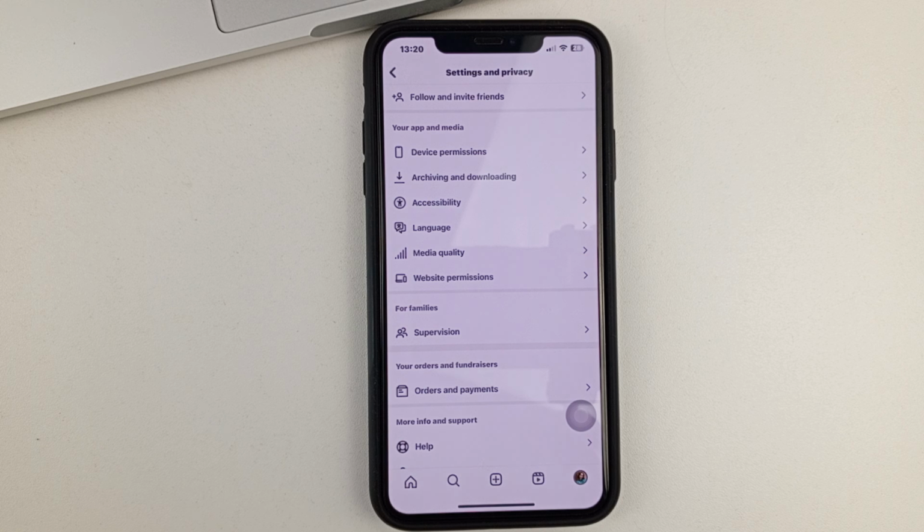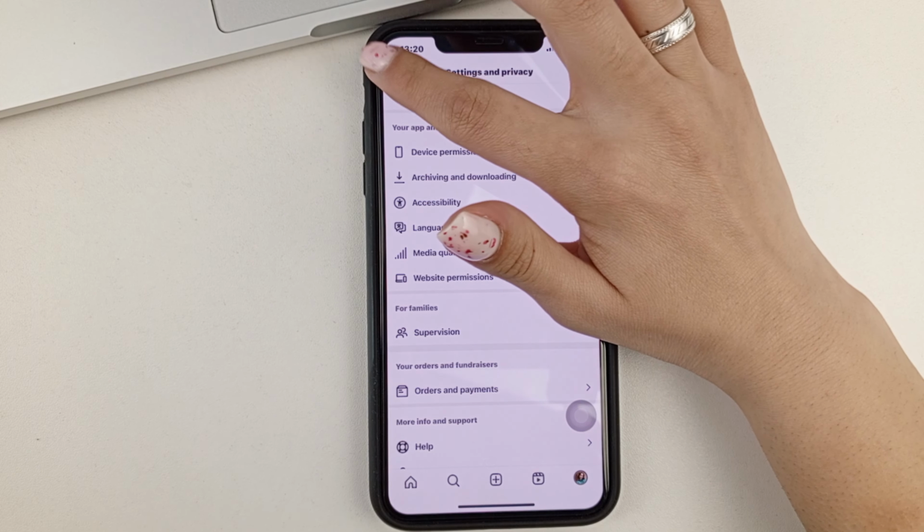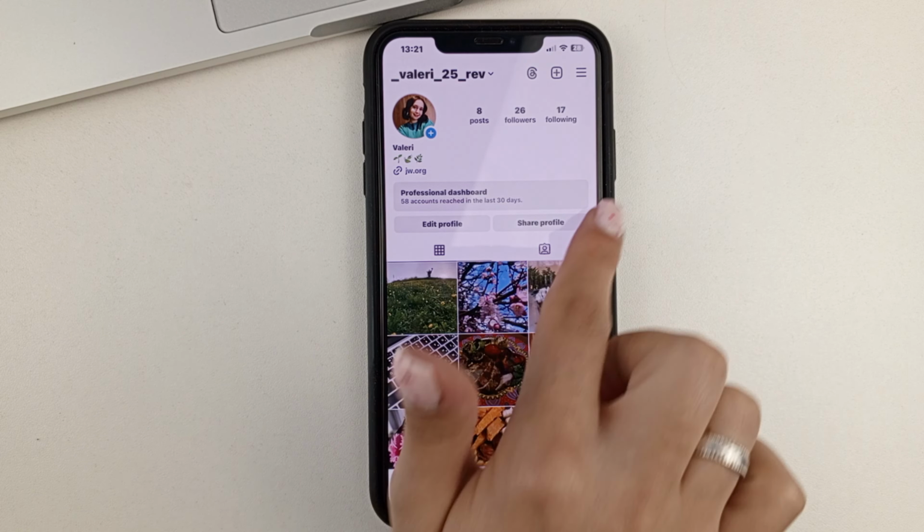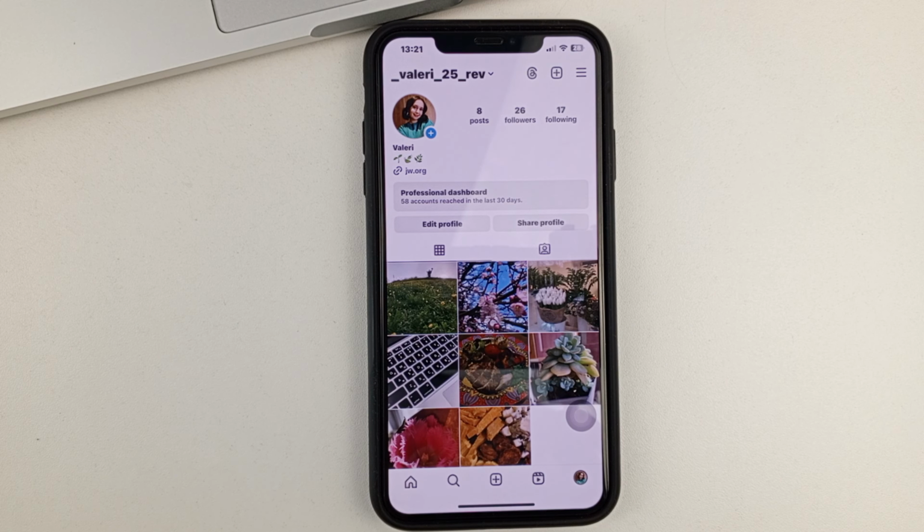You'll have to agree, then accept a couple more terms that Instagram will offer you, and Instagram will also explain to you what the professional account gives you, like statistics, more advanced features. You just need to agree to all of that. And after you turn on the professional account, you'll see that you already have a professional account by this window like I have. You may need to log out and log into Instagram again to do this.